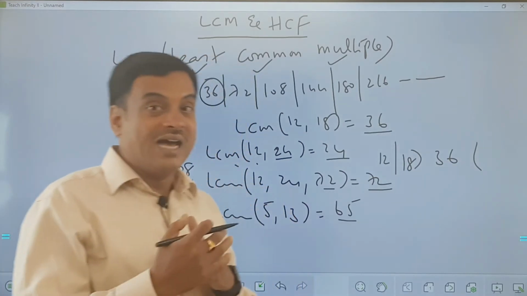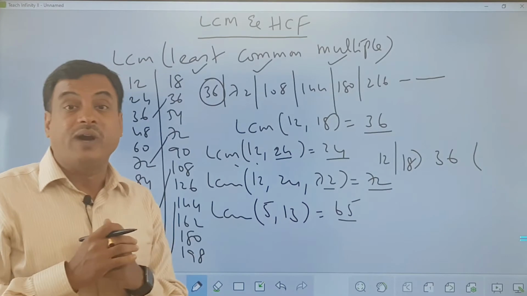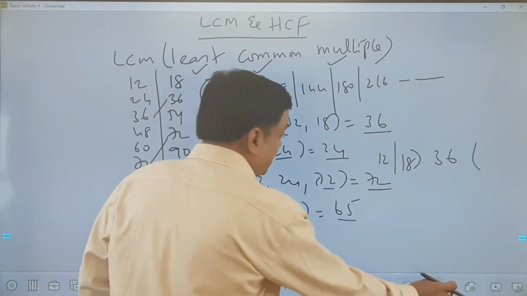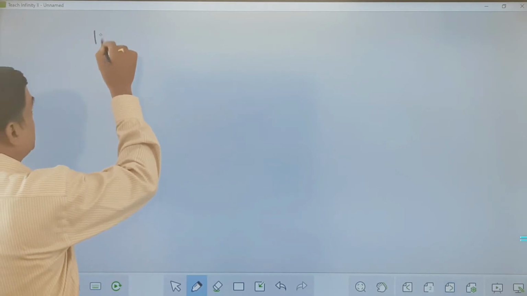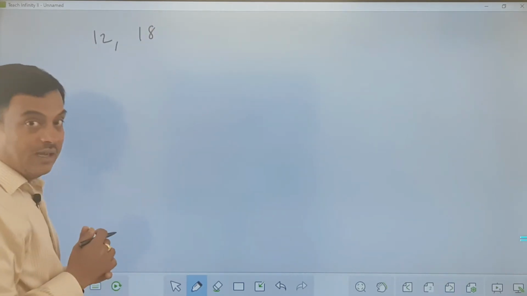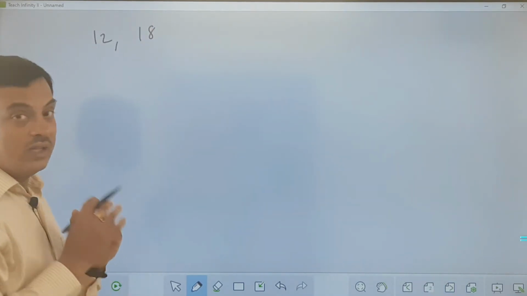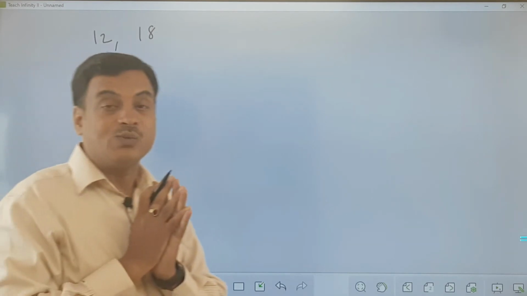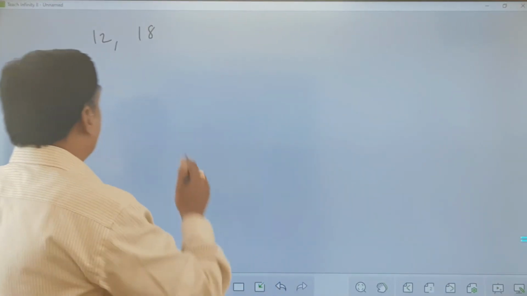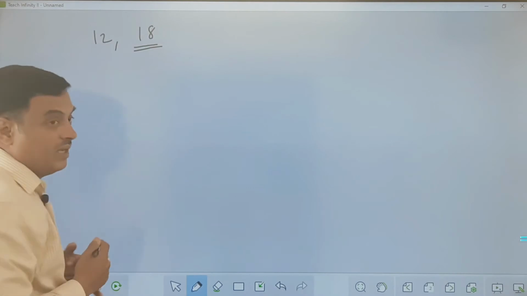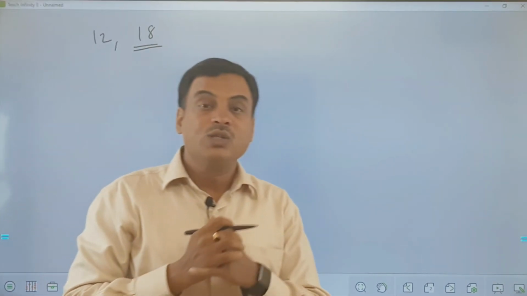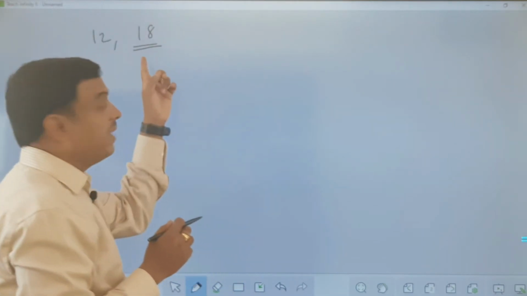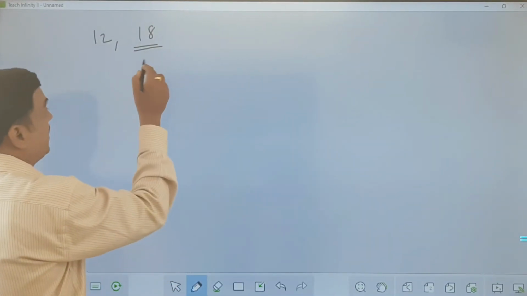Okay. So let us now see the alternate methods to find LCM. I'll take the same example, friends, and let us start with alternate methods here. 12 and 18, for example. The easiest of all the methods, what I see, is to write only the multiples of the higher number. Here between 12 and 18, what is the higher number? Definitely 18 is the higher number. So what I should do is find multiples of 18. What are the multiples of 18, friends?